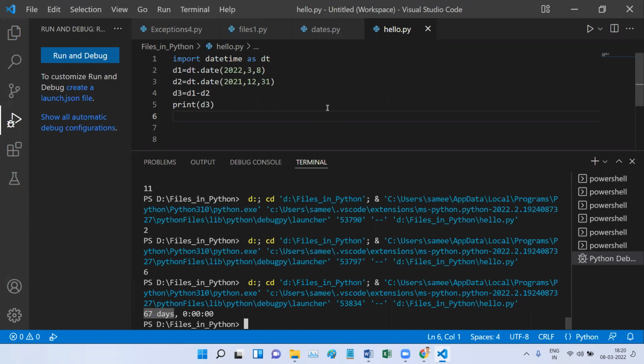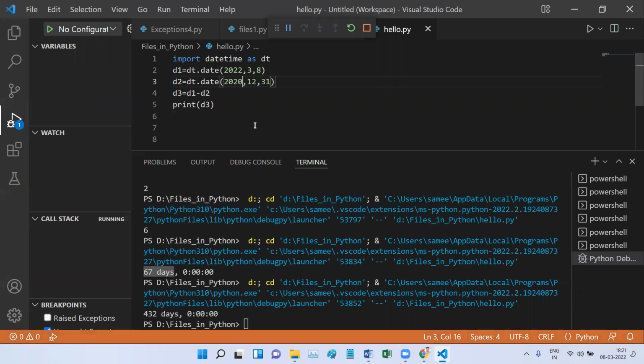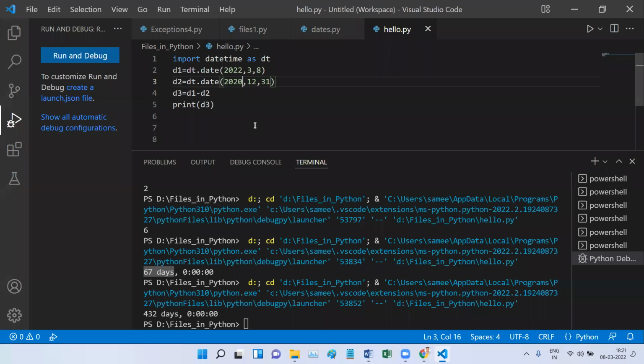Apart from that, I want to give a small assignment for you. If you are interested, you can also try. If I give 2020 here, again it is going to print in days format only. It is giving 432 days. I don't want the output in days. I want the output in years, months, and days.